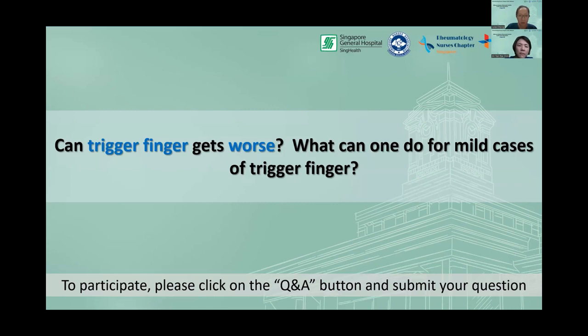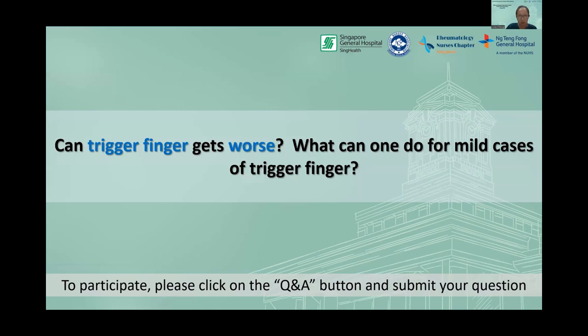Because usually what happens with trigger finger is that repetitive strenuous grip activities can worsen it. So normally when they refer you to see an occupational therapist, we will issue a splint. The splint looks like a figure of 8 ring that you wear on the finger. The splint itself doesn't cure the trigger finger, but it forces that finger